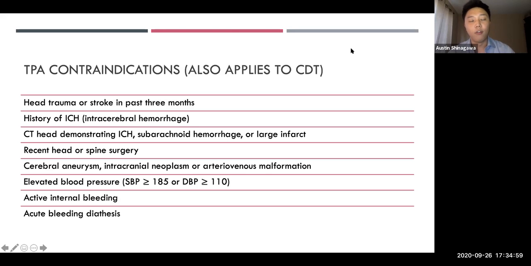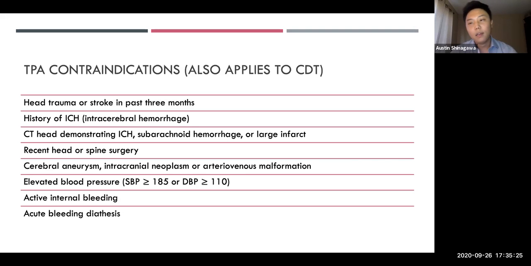And it's important to know these because they also apply to catheter-directed thrombolysis. Even though you're using lower doses, the risk is still present. And so the contraindications include head trauma or stroke in the past 3 months, a history of intracerebral hemorrhage, a current intracerebral hemorrhage, subarachnoid hemorrhage, or a large multilobar infarct, recent head or spine surgery, a cerebral aneurysm, intracranial neoplasm,